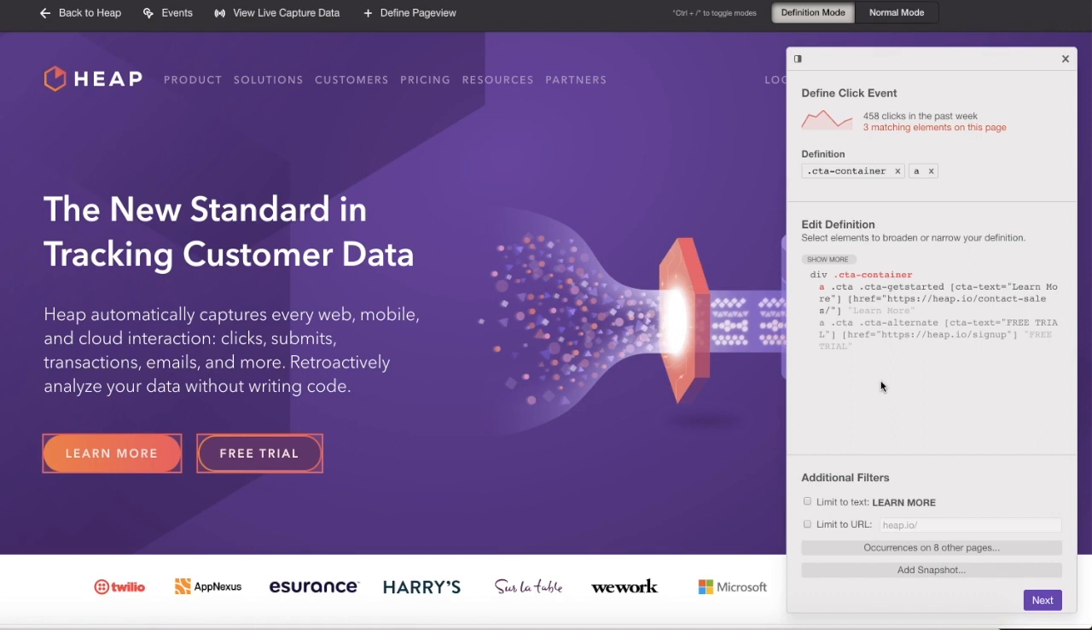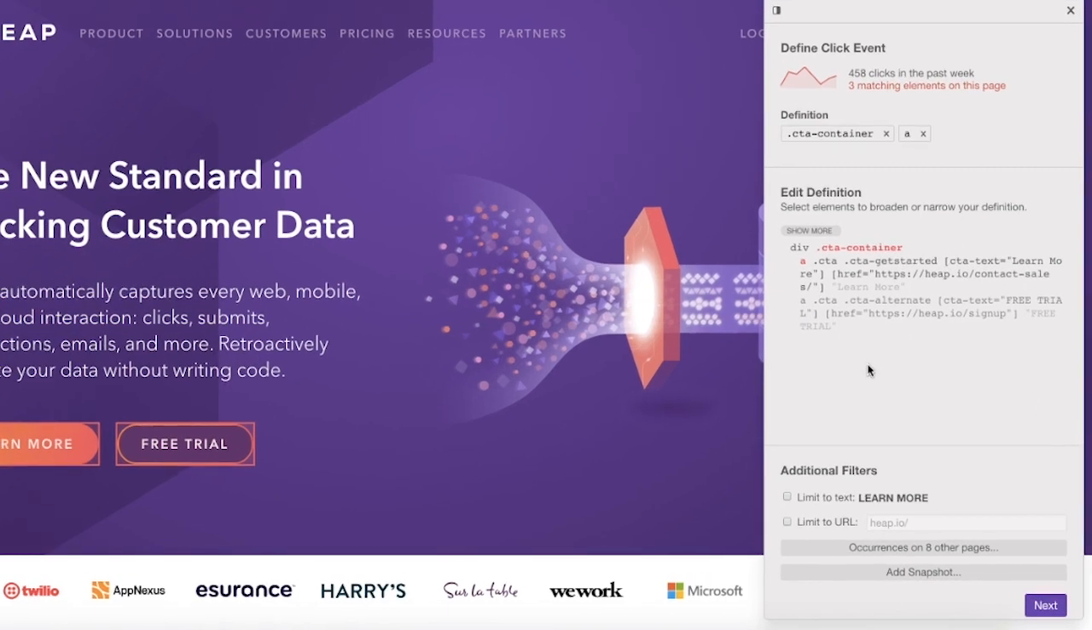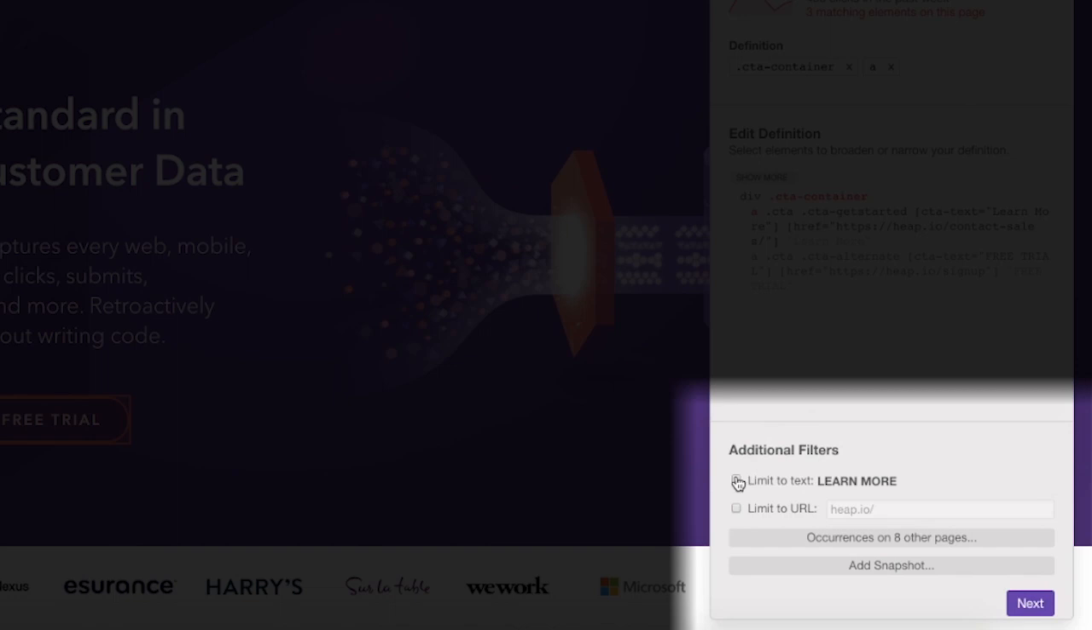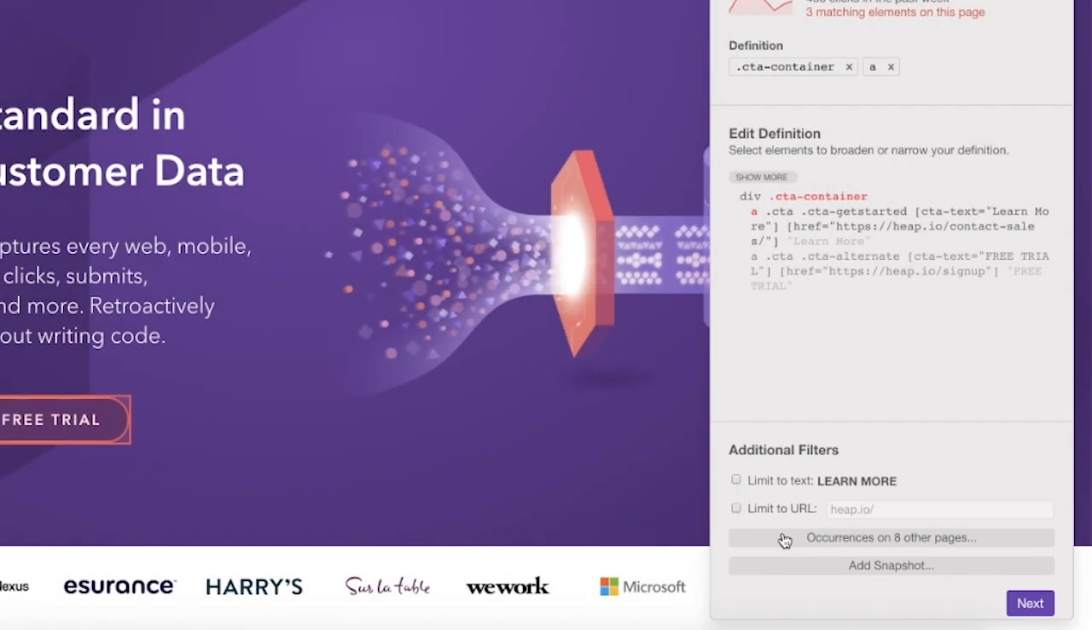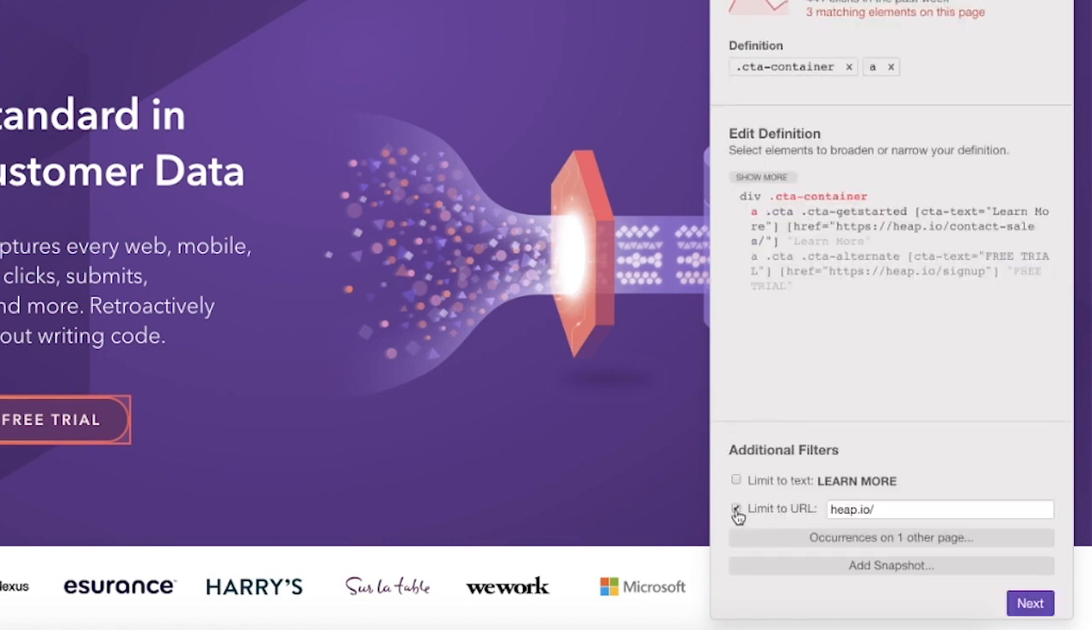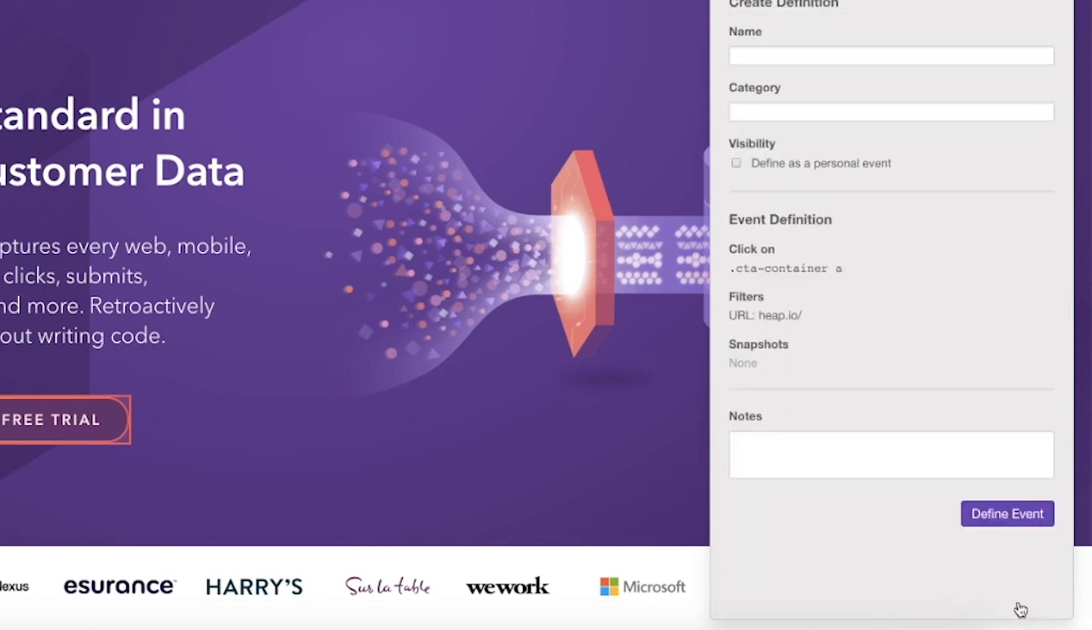I also have the ability to apply other constraints to my event definition, such as limiting the text of the button to something specific, or applying a URL filter to only count occurrences that happen on a certain page. These calls to action appear elsewhere on the site, but I'll narrow this definition down to just include the home page. When I click Next, I arrive on the second step of event definition, and here I can give the